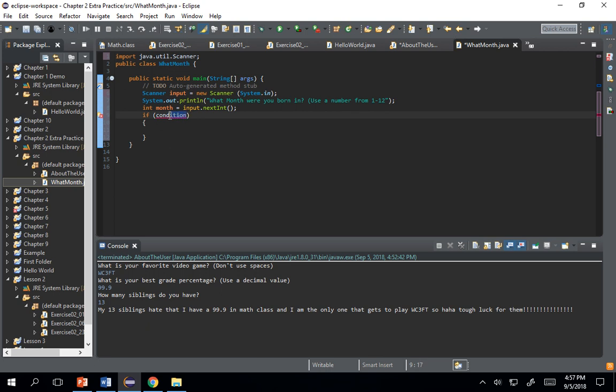Hopefully you can just follow along, and we're going to have month, which we don't know yet. So we're saying if month is equal to 1, we are going to system.out.println January, because that would be 1. Okay, and then outside of this if statement, we're going to have an else if month equals